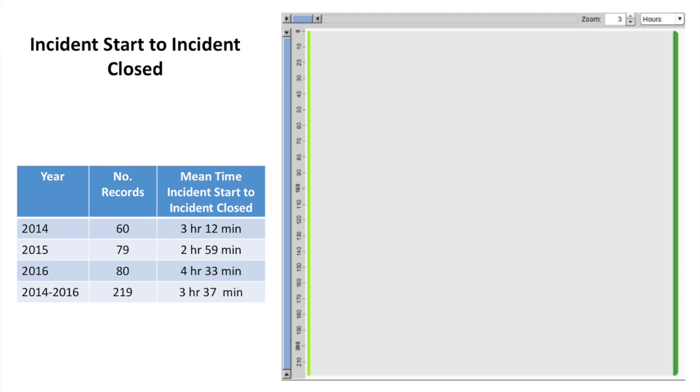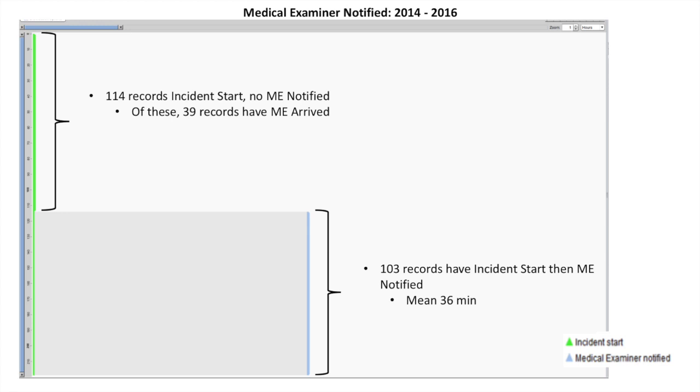So if you notice in this chart, there surely was an increase in the average time from the incident start for it to be cleared and closed as the years have gone on, going up to 4 hours and 33 minutes, which was disturbing to us. So we started looking at participants, and is there a correlation between medical examiners and responders? So taking a look at only the medical examiner,